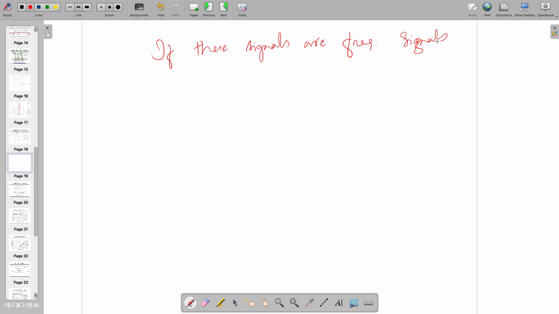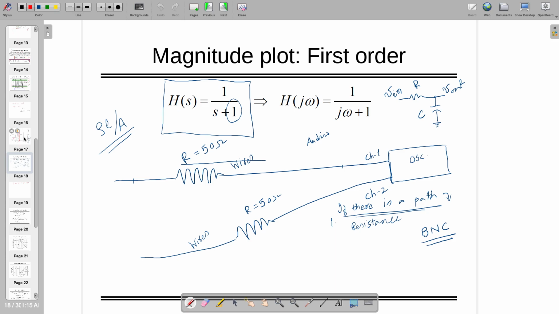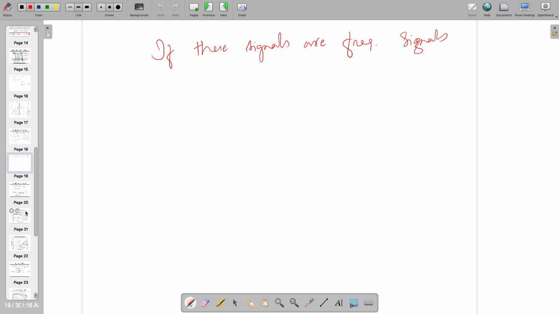Or either of them is a frequency signal, then let's assume that I am feeding something like this here, and here I am feeding some DC 1 volt. If both sides are DC, then this rule doesn't work, by the way. The rule which I am going to write says that if there are signals which are frequency signals, and there are two dissimilar plates,